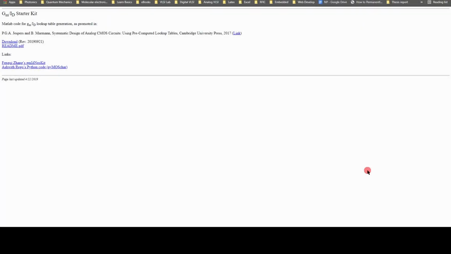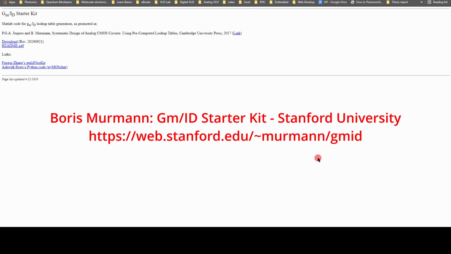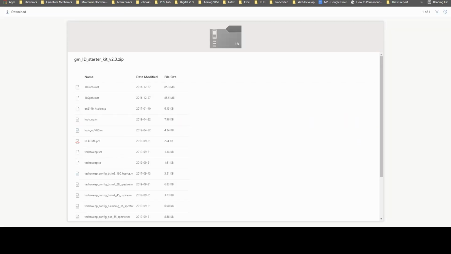Hello students, this is the second part of session 2. Here I try to show you how to get the model file from a particular site, which is nothing but Stanford University, where you could see that there is a download link. When you click on this download link, it opens up a sharing option, where you can just directly download this particular starter kit and put it in your drive.